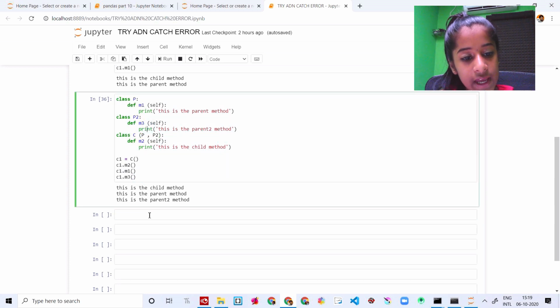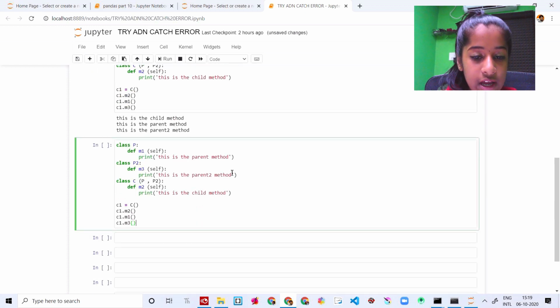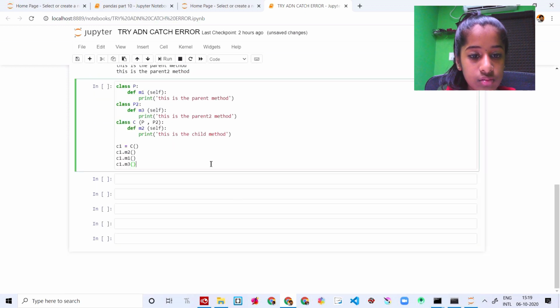Let me just copy the same thing. It's going to have two children, so to say. This one, let's name this as C, and let's name this as CC. So here inside, you're going to put parentheses near the C saying P, and here you're going to call C. So when you run this, okay, give me a minute.